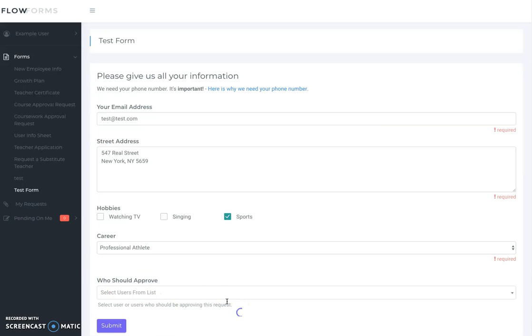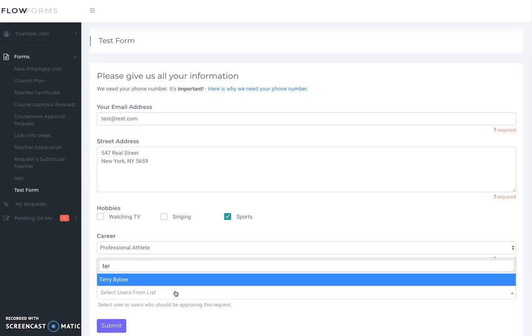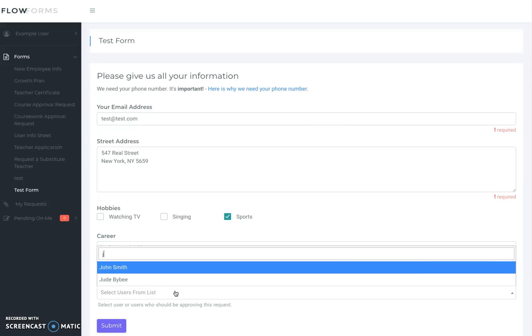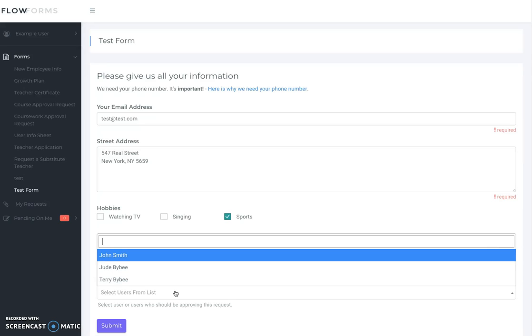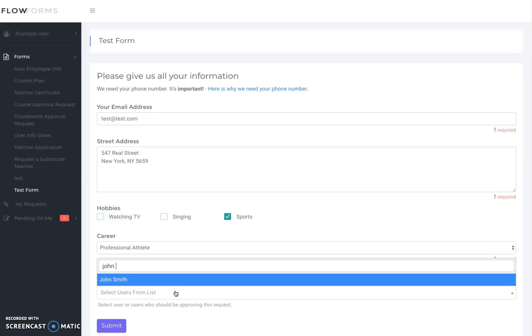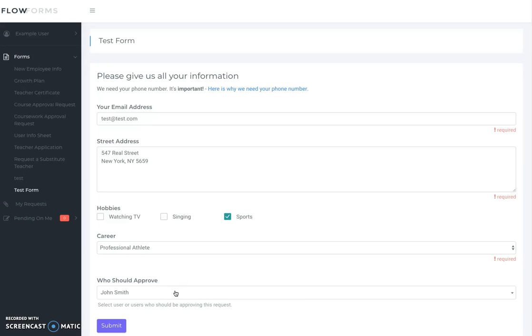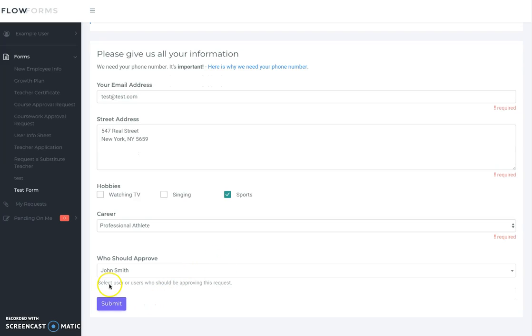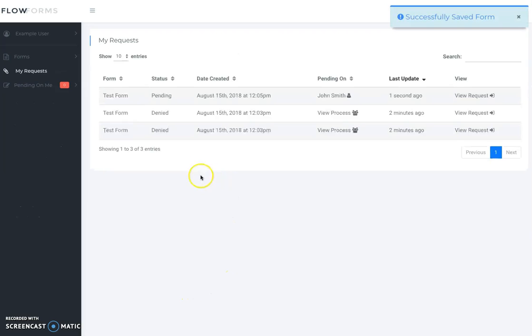You can very quickly and easily, when you type in there, select the supervisor or the person from the list, and you could do this just by typing. So if I wanted to do Terry, I could start typing Terry. If I wanted to do Jude, I would start typing Jude. If you have a big long list of people, you can do John S, and it'll get to them very quickly. And all you have to do is hit enter, and it will pop that in there. So let's send this to John Smith, and we'll select there,